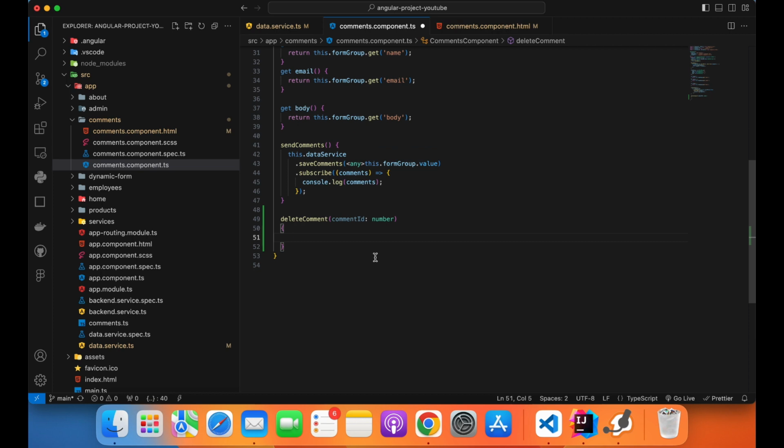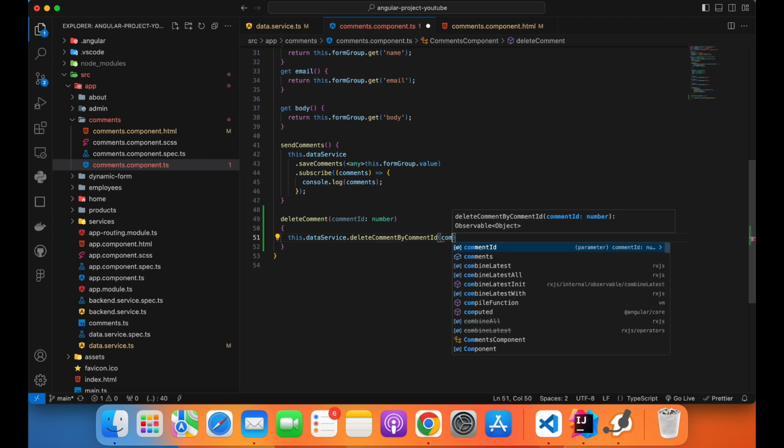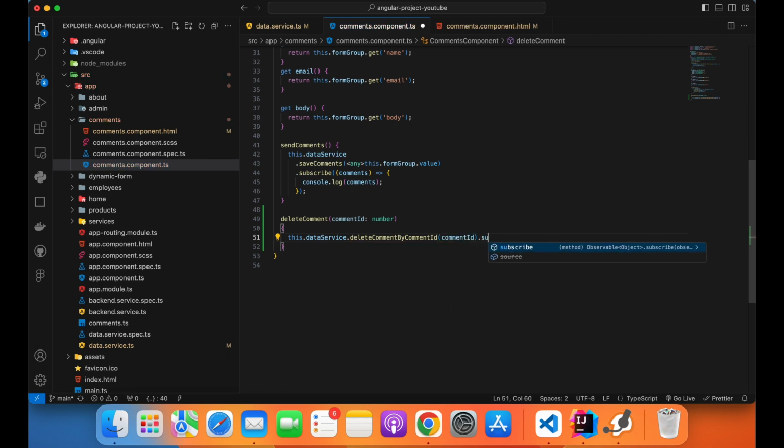So here we will just use dataService.deleteComment, and it is asking us the comment ID. So we'll pass the comment ID here and we'll subscribe to it,